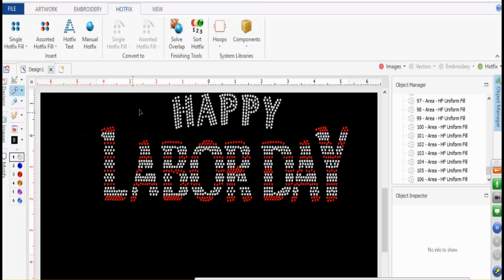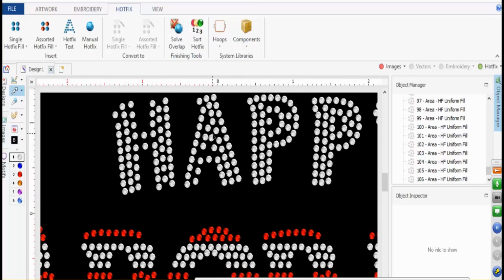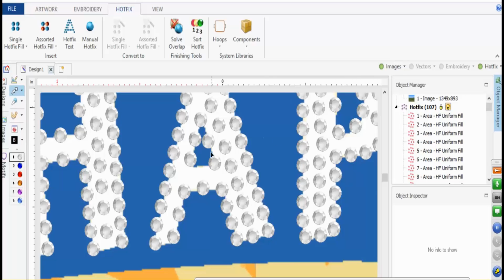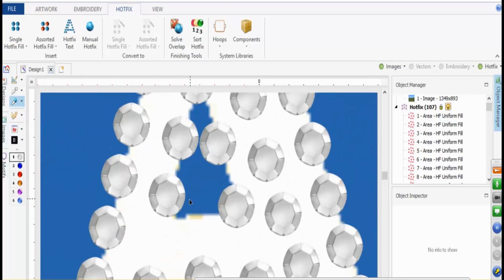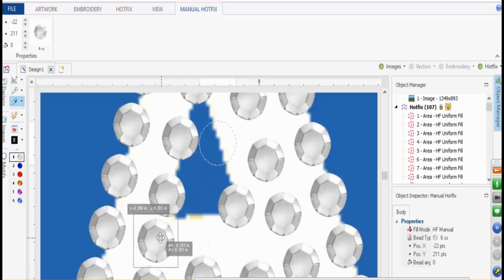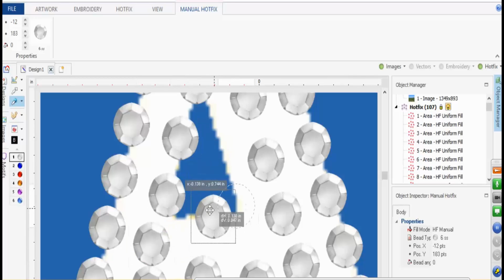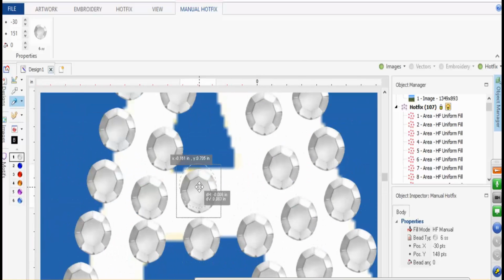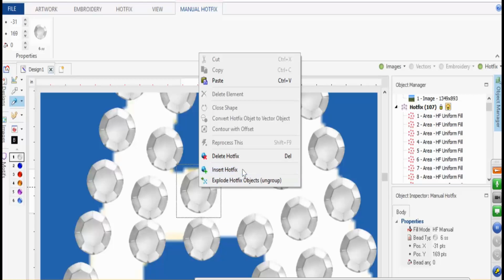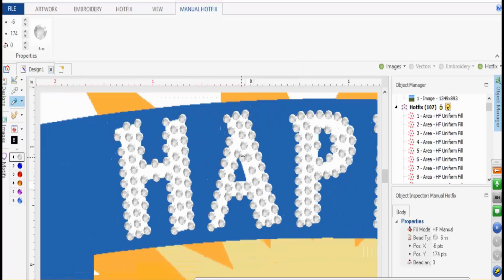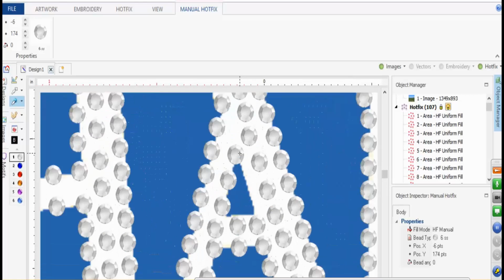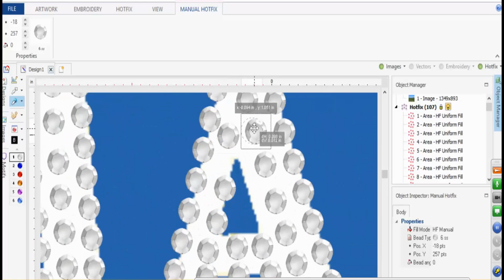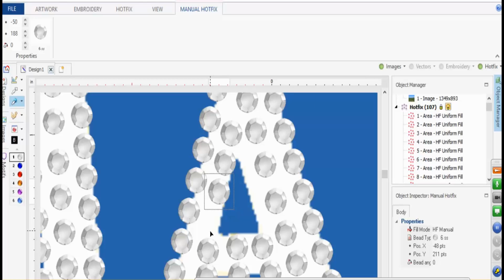Okay. So you can see the A where the centerpiece is so small. Turn on the image, and what I'll do is, I'll just use edit hotfix, and I'll just bring this stone down to here, and I'll bring this stone down here so it acts as part of this crossover section. Right click on it and go to insert hotfix. You can add a stone, and I'm not too worried about this being right here. I'll just move some stones here, make the cap, and I'll just let the fill outline that open area,